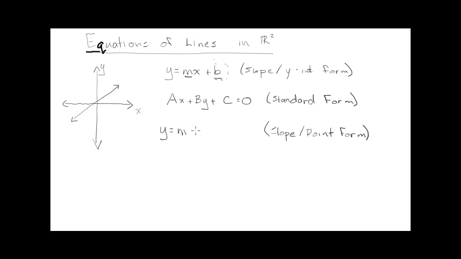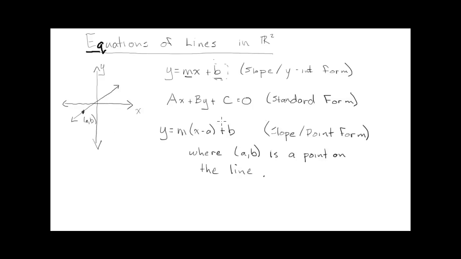So it's still y equals m, but now it's x minus a plus b, where (a, b) is a point on the line. So this could be any point (a, b)